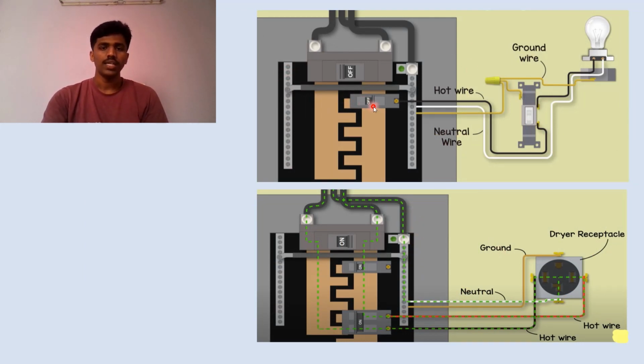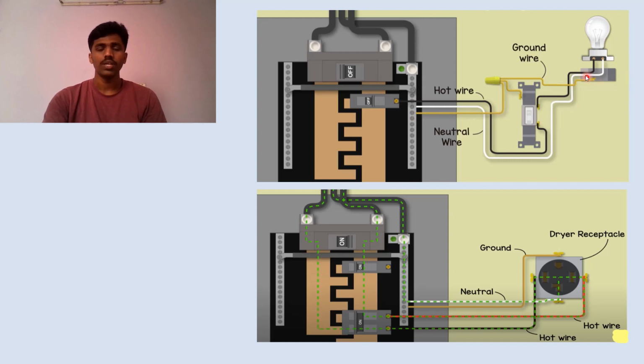So there is a circuit breaker which is connected to the metal bar, and the circuit breaker is used to control the flow of electricity in the individual circuit present in the property. As you can observe, here there is a switch, and the hot wire coming from the circuit breaker goes through one terminal of the switch, and the other terminal of the switch is given to one terminal of the bulb, and from the other terminal of the bulb a neutral wire comes out, and it is given to the neutral or ground bar. And there is a ground wire coming from the metal casing which is given to the wire nut, and again it is given to this ground or neutral bar.